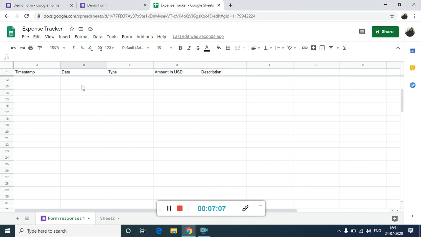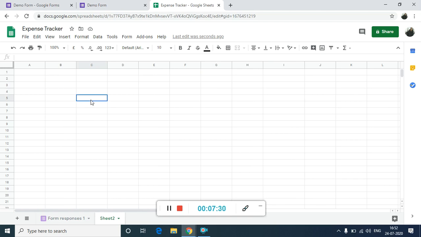See, I'll just move this up. Yeah, the income is 500 as salary and expense is 100 as grocery. So all that we have to do is, now we have to come down to sheet 2.